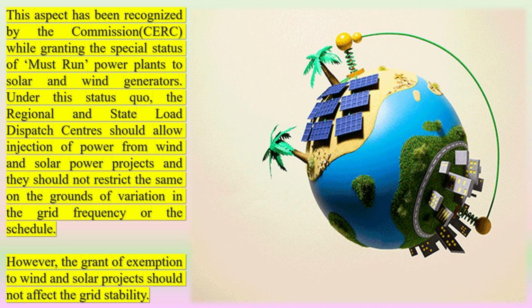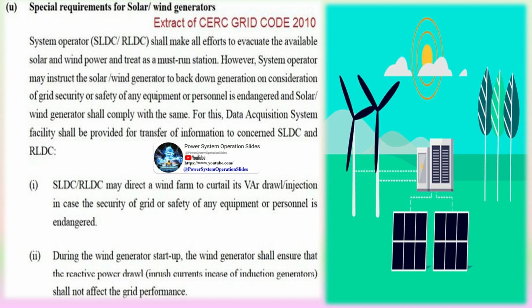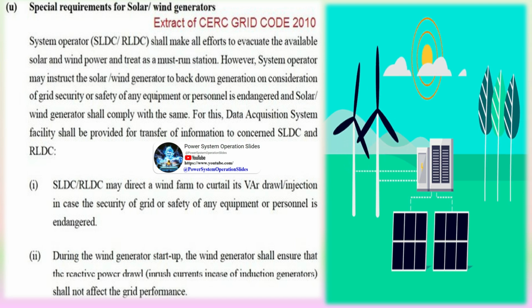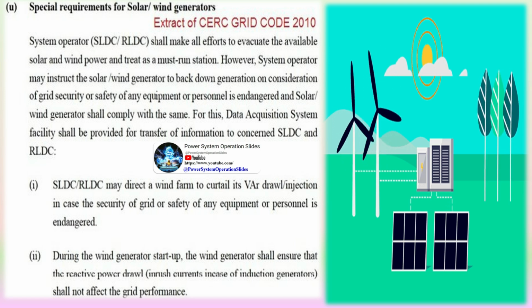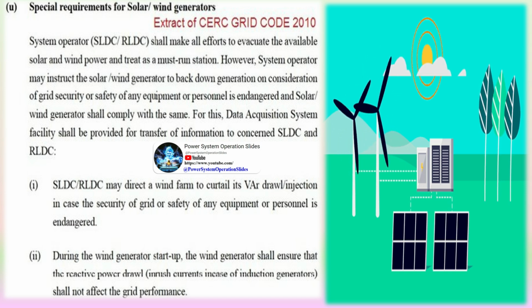All other conventional generating stations can reasonably predict the energy availability from the generating station and therefore can give proper declaration of availability to enable the load dispatch centers to schedule. However, the wind power and solar power cannot predict advanced declaration of availability. This aspect has been recognized by the Commission (CERC) while granting the special status of must-run power plants to solar